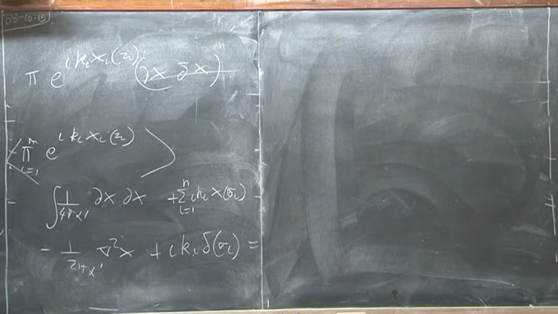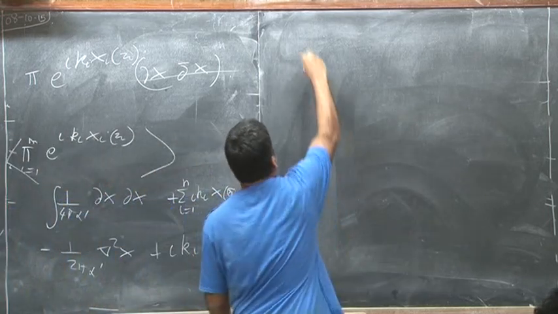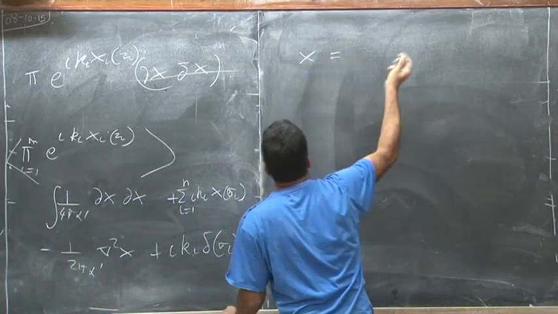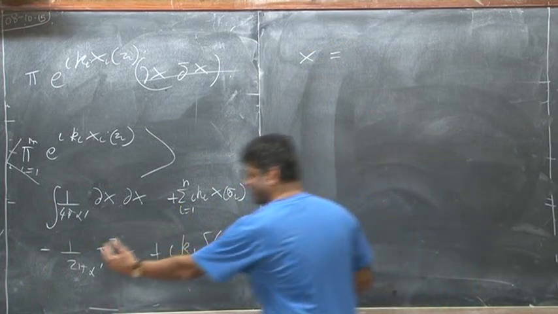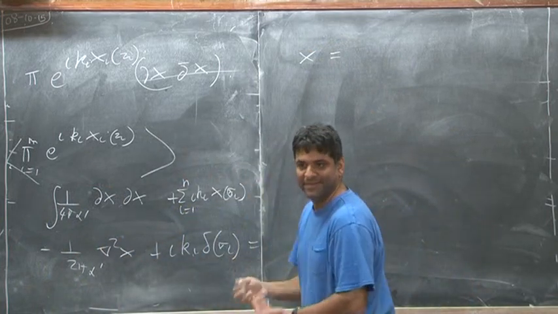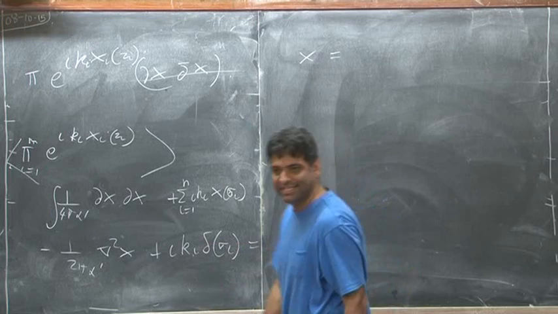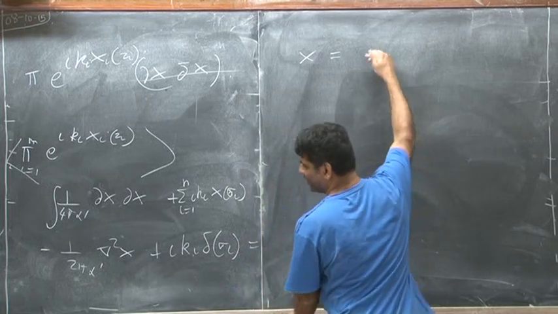Okay, so what do we have? We have that x is equal to the Green's function. It's a linear operator, so it's just the Green's function of each source individually. Okay, so x is equal to